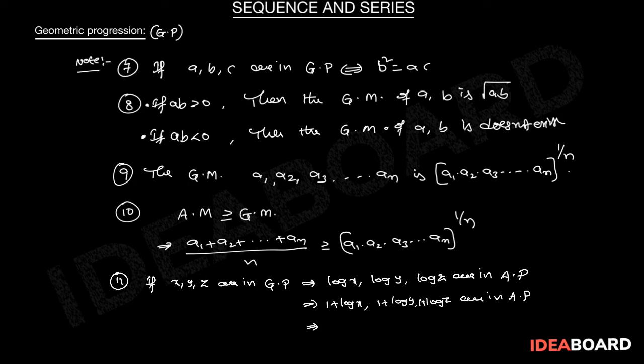That implies 1 by (1 plus log x), 1 by (1 plus log y), 1 by (1 plus log z) are in harmonic progression. If capital A, G are arithmetic mean and geometric mean between a and b respectively,